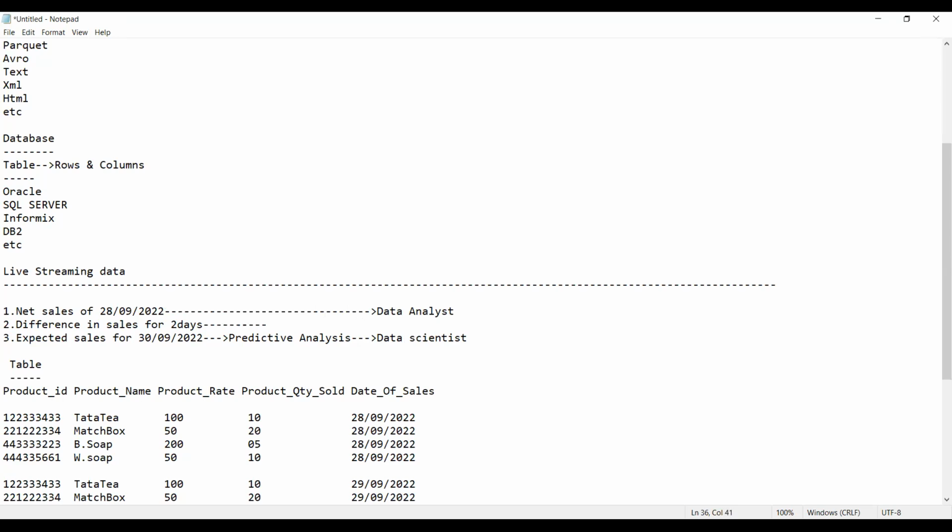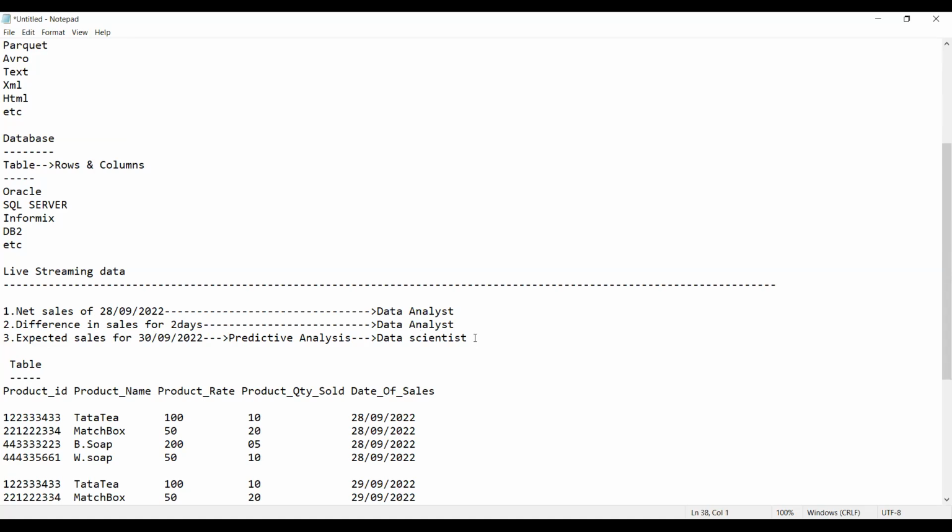The data analyst will perform these two queries: he will present the net sales amount, and the difference also he will present. Whereas the expected sales amount will be calculated and presented by the data scientist.